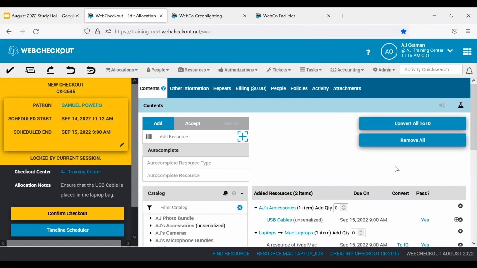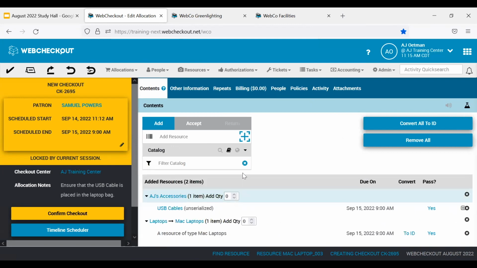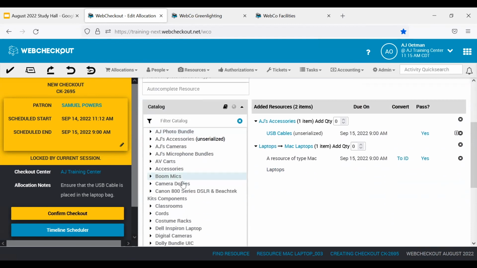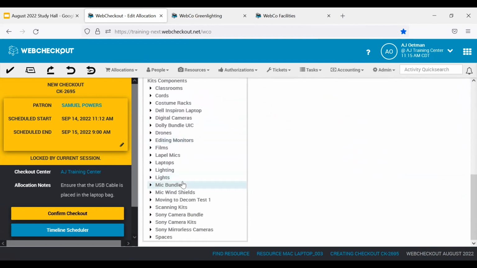Now that we're on this new experimental mode, let's review these icons, and we'll start with the catalog's right icon, this little caret icon. By clicking the caret, it's going to open up our resource type catalog. I can scroll down and see that full resource type tree just like before. And I'm going to select my Sony camera kits from here